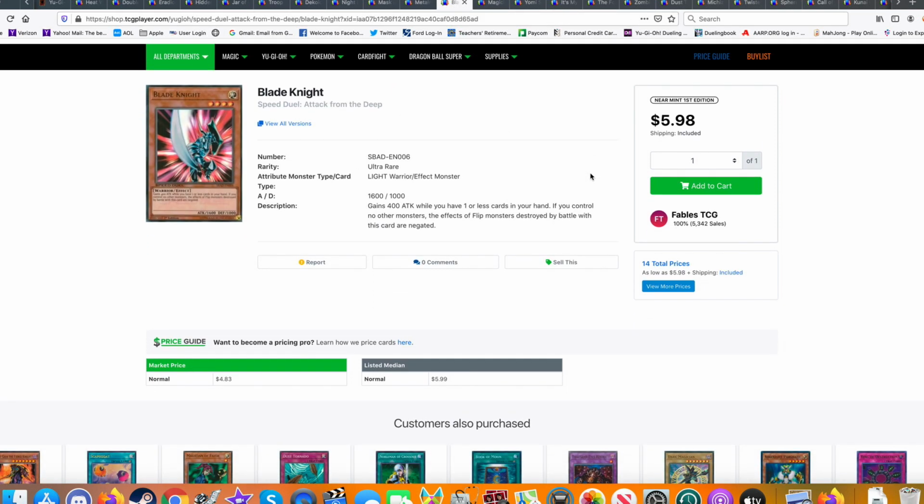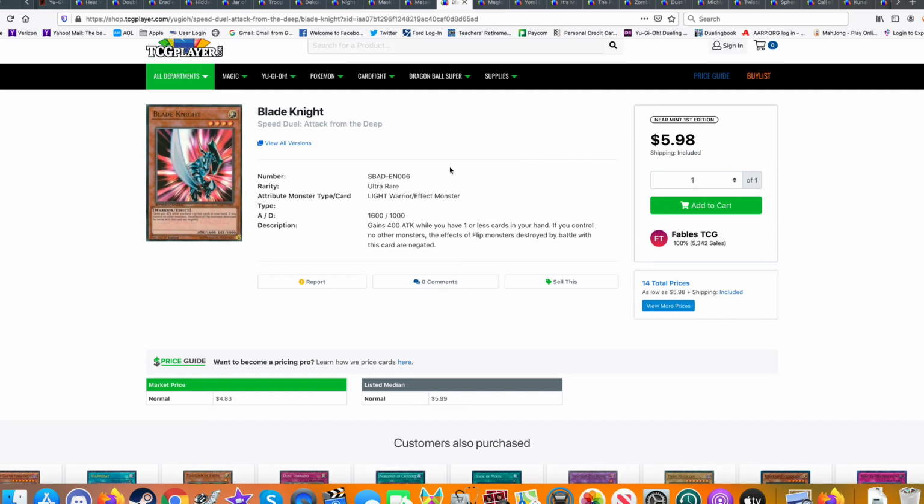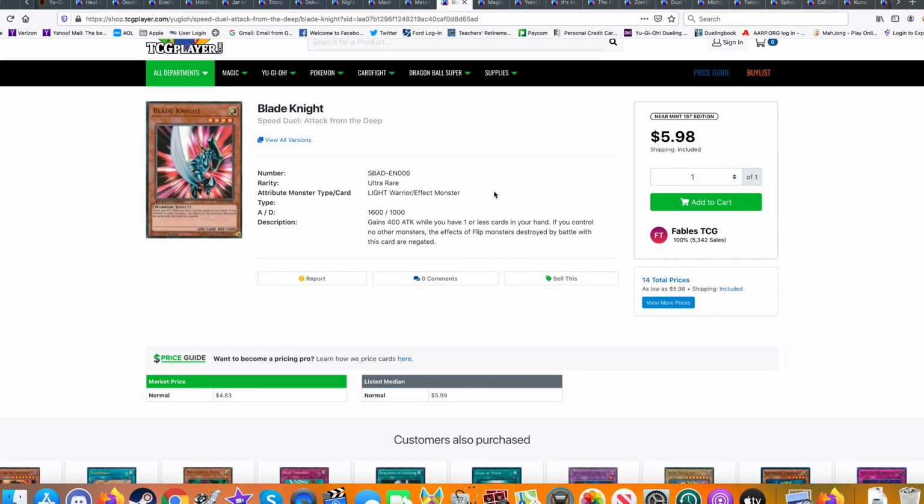Blade Knight's been on the increase lately, so if you're looking to move them, now is the time. But to be honest, playing shorthanded in speed duels, that happens a lot, and pushing this guy up by 400 attack is pretty damn good, especially for a level 4. All right, and if you want the ability to deal with flip effect monsters, yeah, definitely something